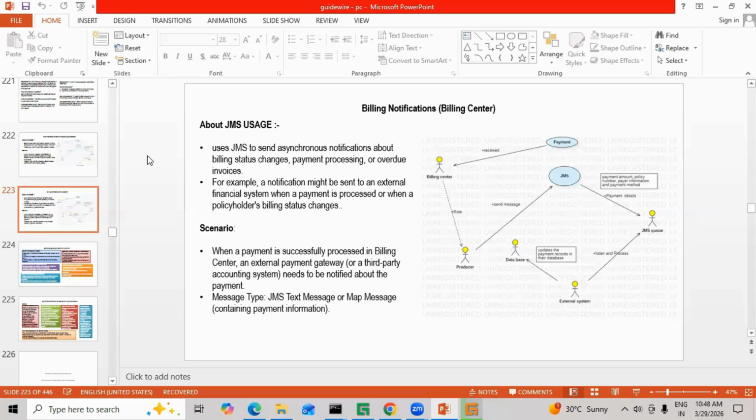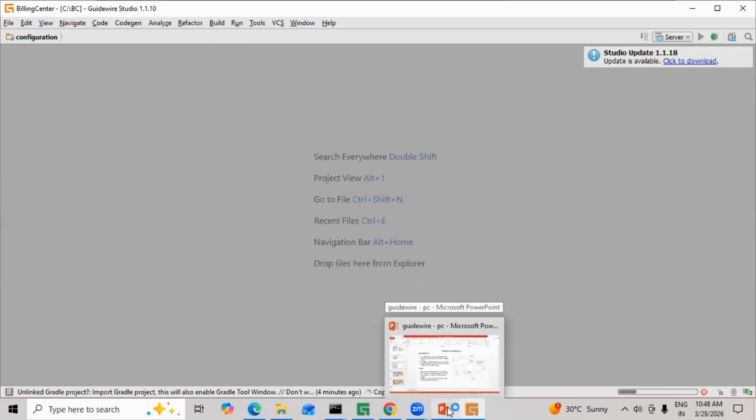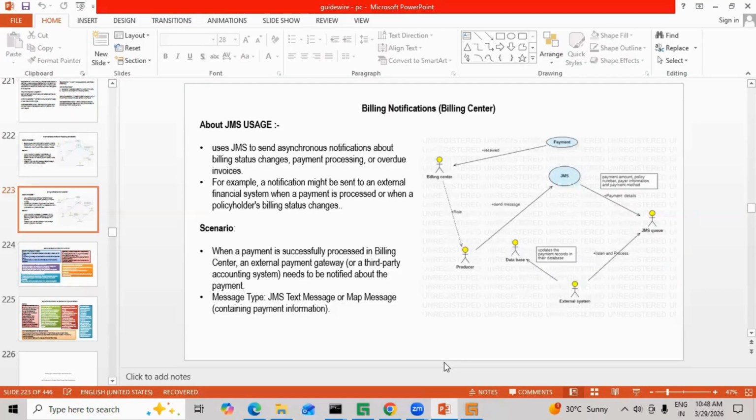So based on the user stories given by the business analyst, as a developer, what kind of changes do you want to make here? Here you have to make the changes in Guidewire BillingCenter. So these are the two different things. Given a scenario, for example,